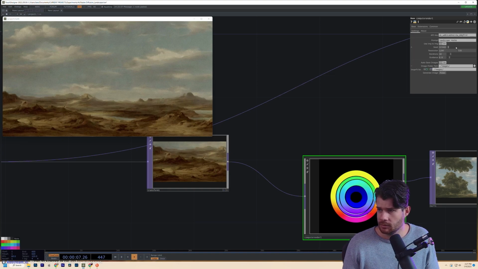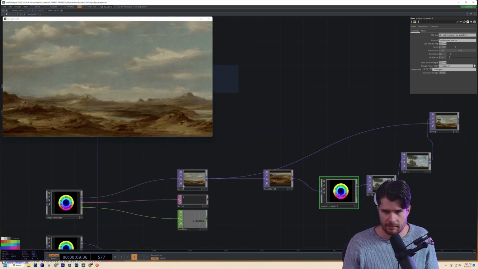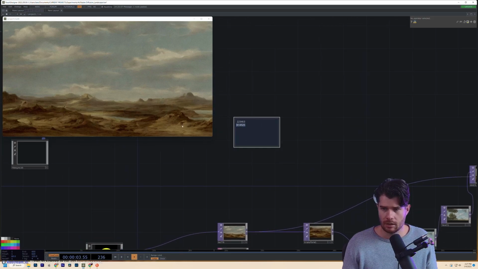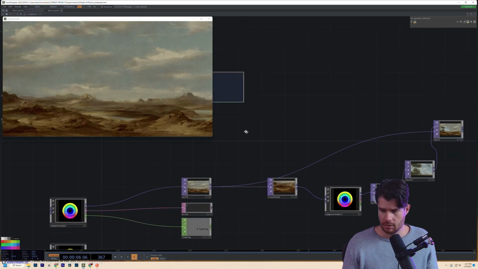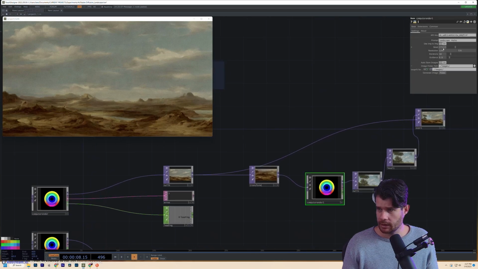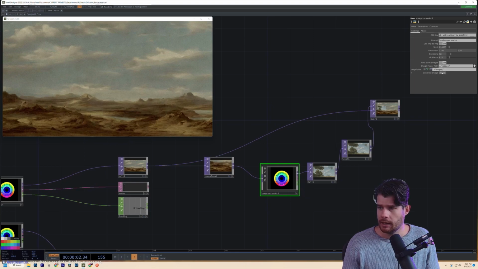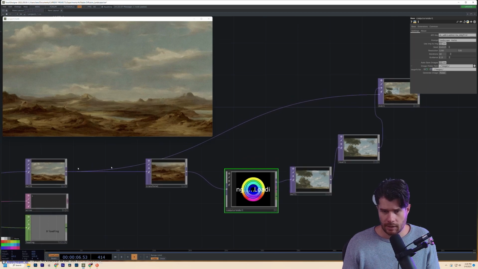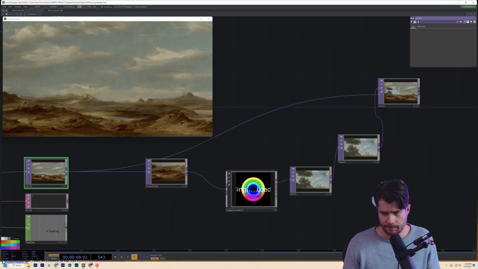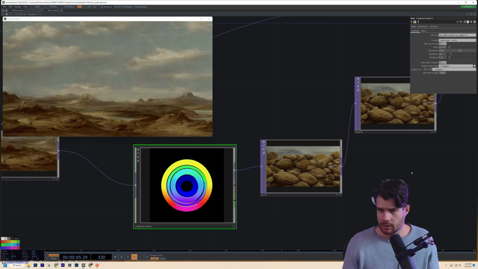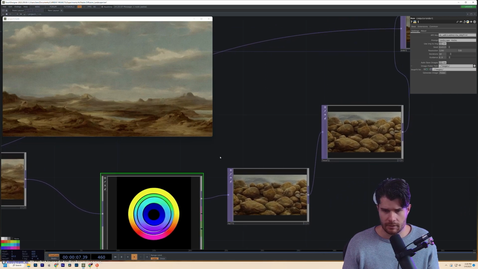And let me do a new seed. Why don't I try the same seed as this, which I had copied here. Let's go pulse. So now we're taking a small part of this image and we are running image to image over it. And now we've got rocks, but based on this input,